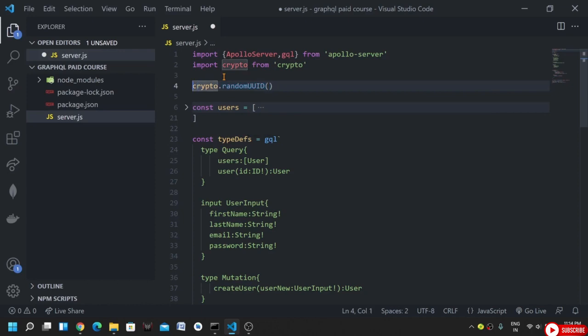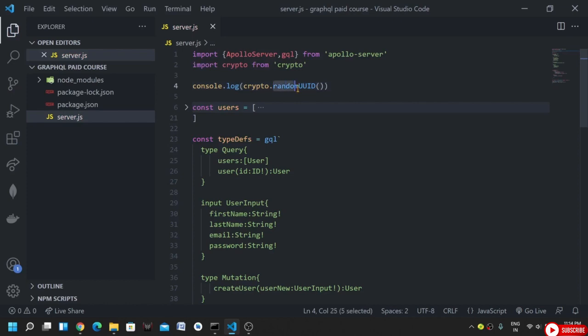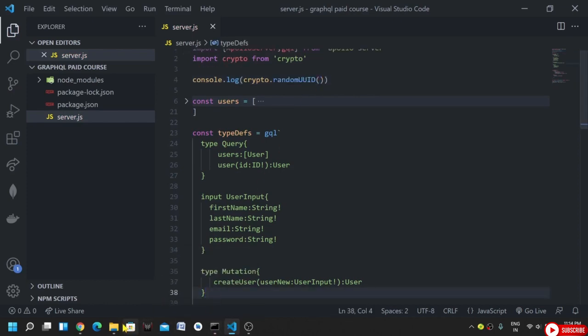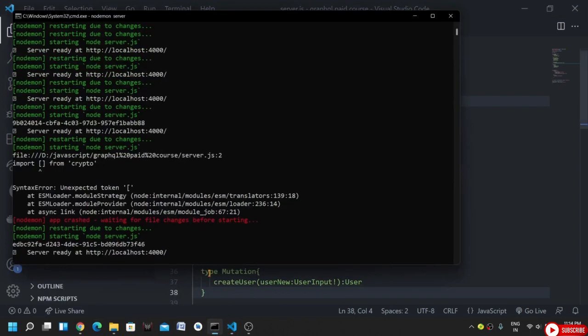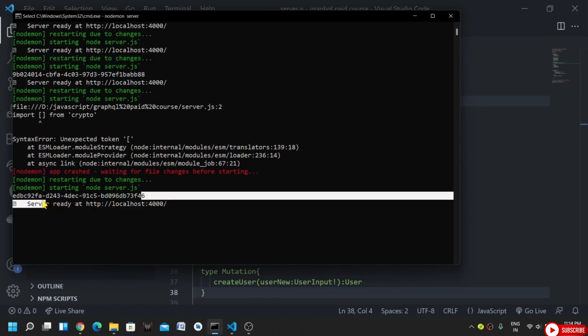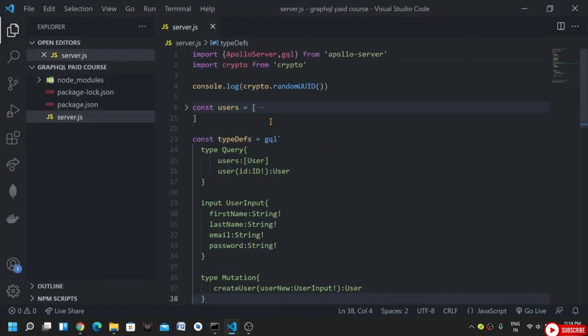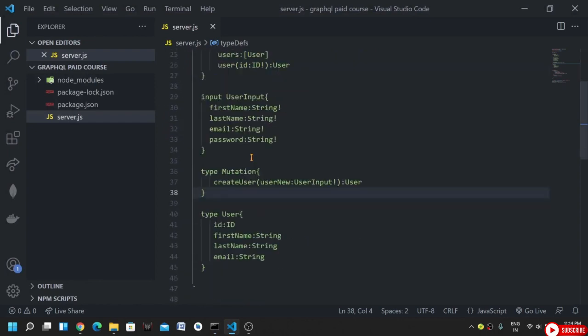Okay, let me do a console.log to see if we have this. So basically this random UUID generates a unique ID. So if we see in our console now, we should be able to get it. Yeah, we are getting it. See. So that we can use, and in our database now, what we could do is, here we